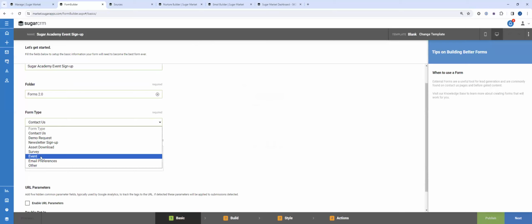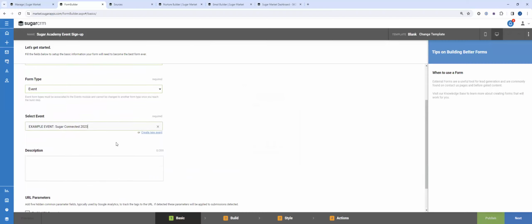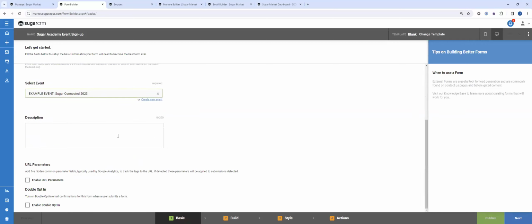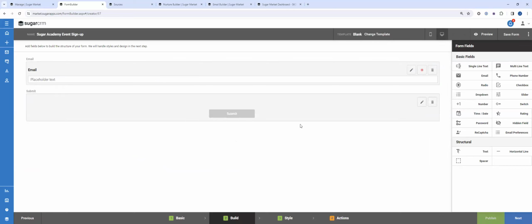When you select Event here, it's going to add an additional input option for you to select any event that you've created in the system. So you can start to type the name of any event you've created, and when you select that event, it will connect that event to this form. Then when you hit Next on your form and you start to create your input areas,